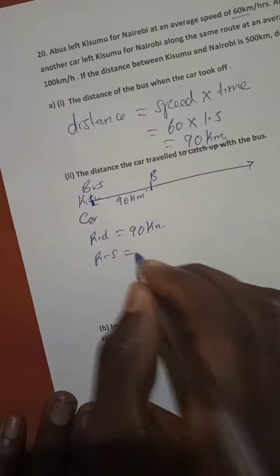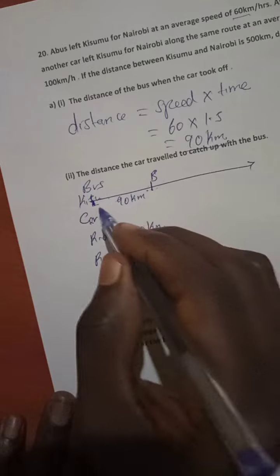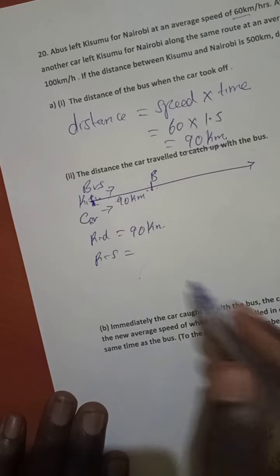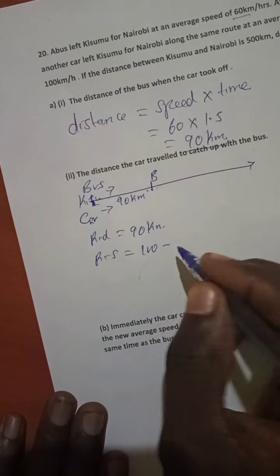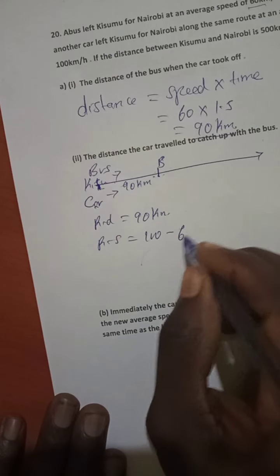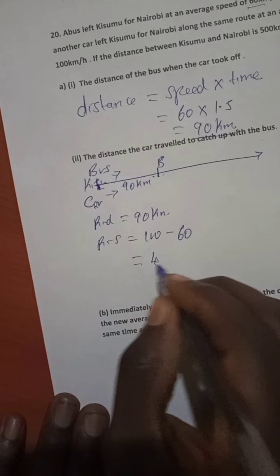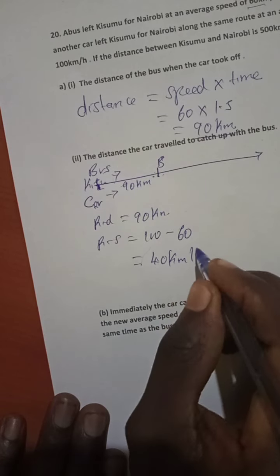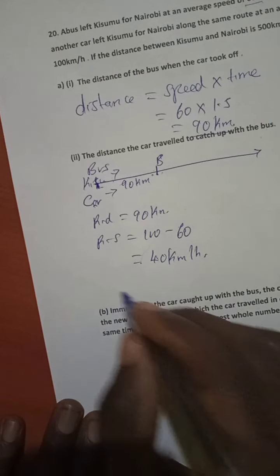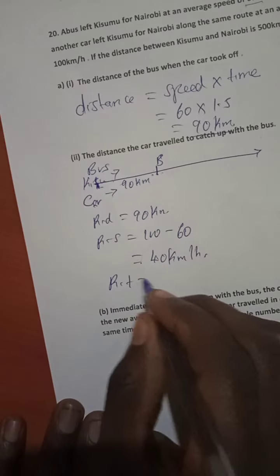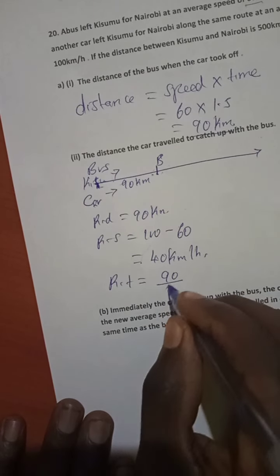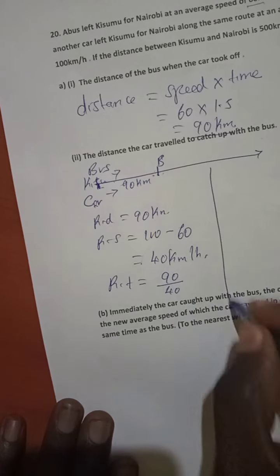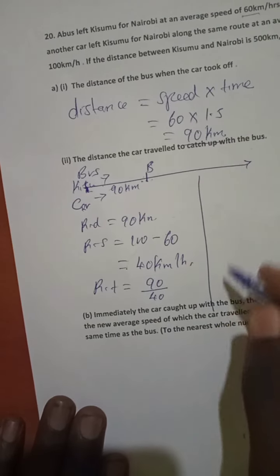Relative speed: they are going in the same direction. If they are going in the same direction, the relative speed becomes the difference. It becomes 100 for the speed of the car minus 60 for the speed of the bus, leaving us with 40 kilometers per hour. Therefore, relative time, or time taken for them to meet, becomes the relative distance, which is 90, over relative speed, which is 40. And that from the calculator gives us an answer of